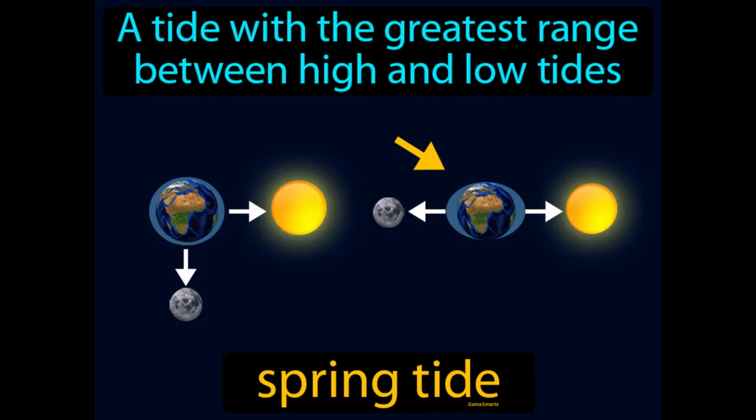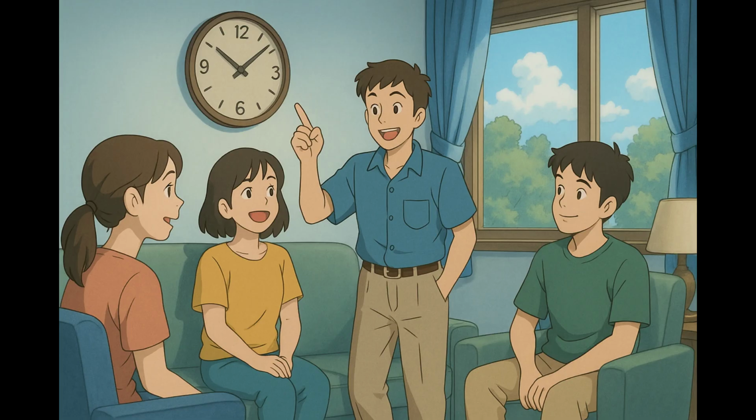A tide with the greatest range between high and low tides, spring tide. A spring tide occurs when the Earth, Moon, and Sun are aligned, causing higher high tides and lower low tides. Imagine you're trying to manage your week, with both work deadlines and social events piling up at the same time. Just as this combination creates the most hectic and demanding days for you,